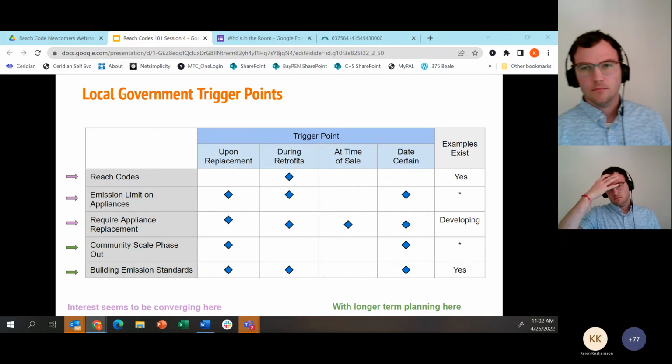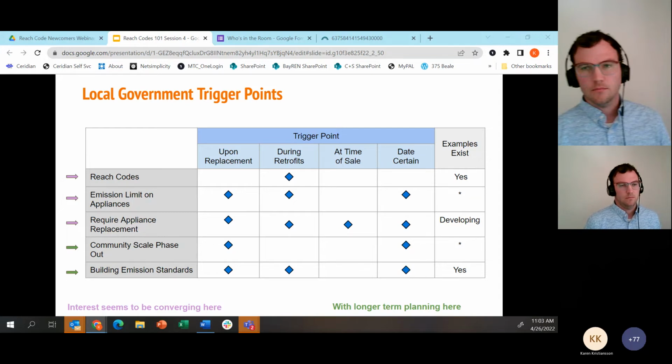The community scale phase out is sometimes referred to as regional electrification or branch trimming, for example. This is really talking about turning off the gas system to specific locations and phasing out either over the course of time or by a particular date.